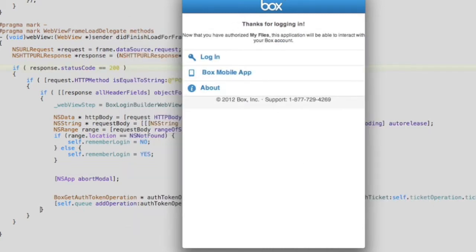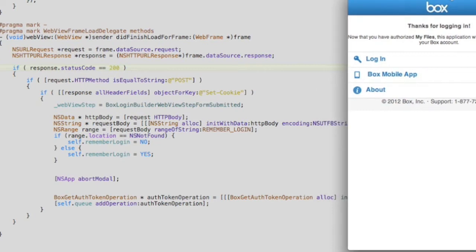Now the code we're looking at here is actually not MyFiles code. It's code inside of the Box.net client. This is the code as it had been working for several months while we were under development, and this code no longer works, and I'm going to show you why. So we submitted the login, and now